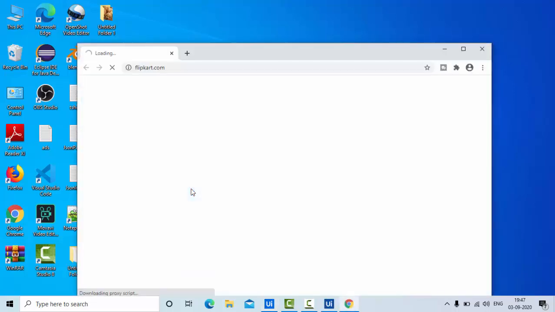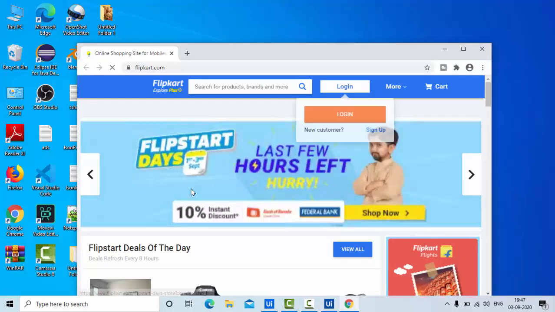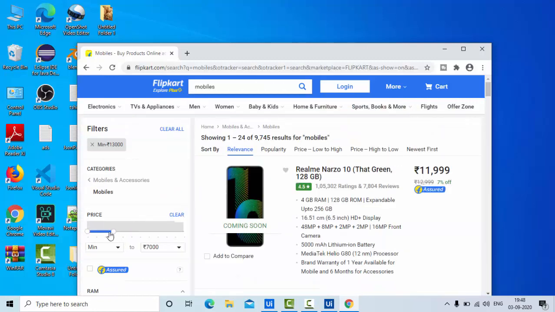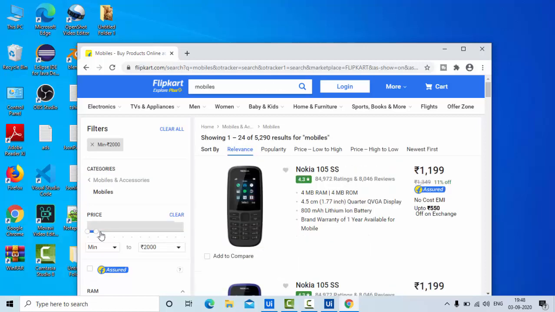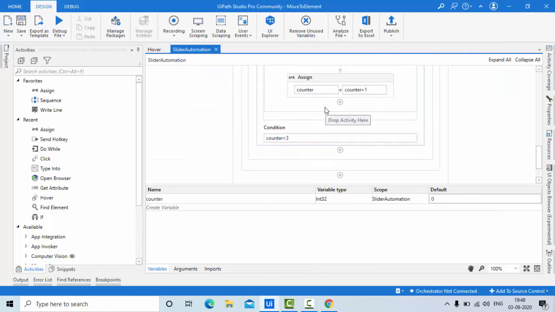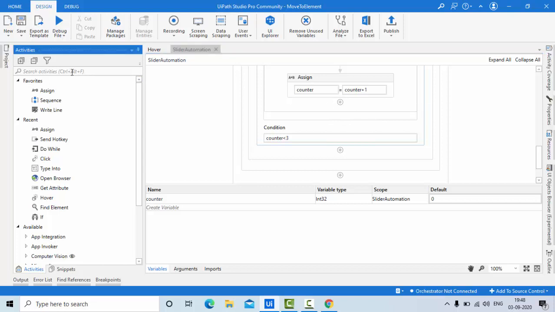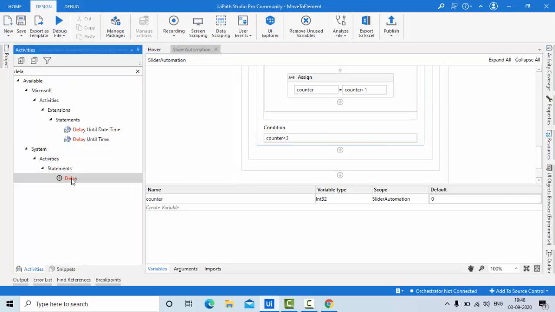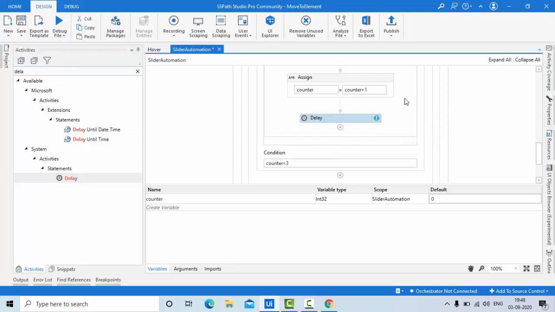It's a very small demo, guys, so I hope it's informative for you, and do try this. Yeah, it's a little bit tricky. Now you could see it's changing, right? So at each and every level the values are being changed. To see those changes, you can simply apply a delay activity here, to see those changes properly.